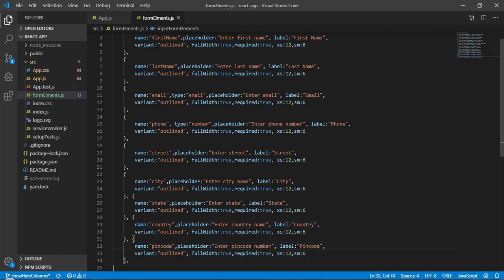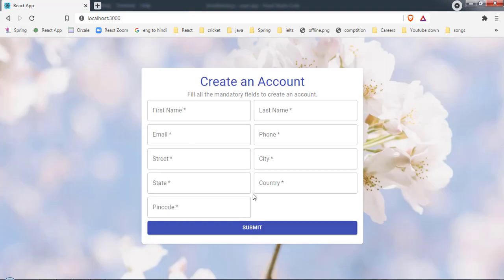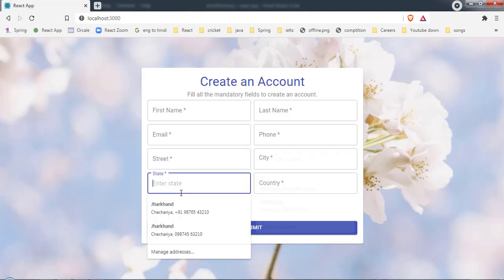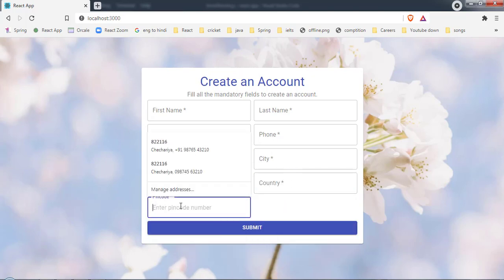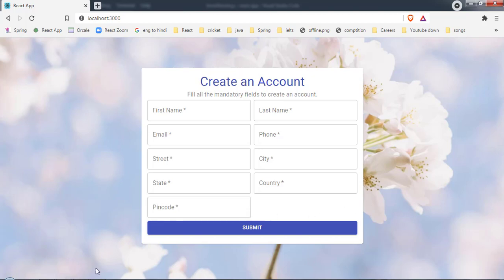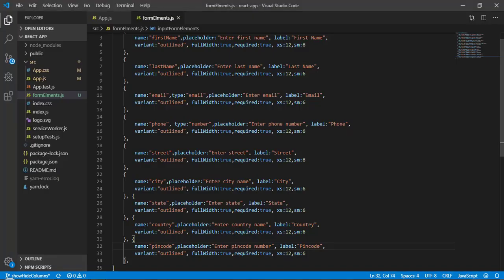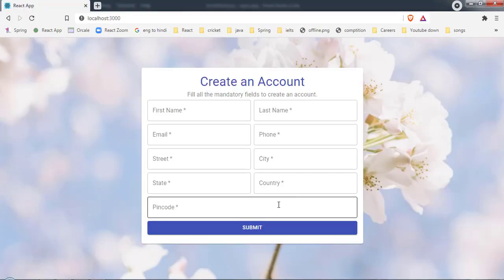So now save it and let's come back here. So here as you can see we have a street, city, state, country and pin code. Okay, so now I want this pin code to take the whole width. So for that I will add small equal to 12. So now it is going to take the whole width.